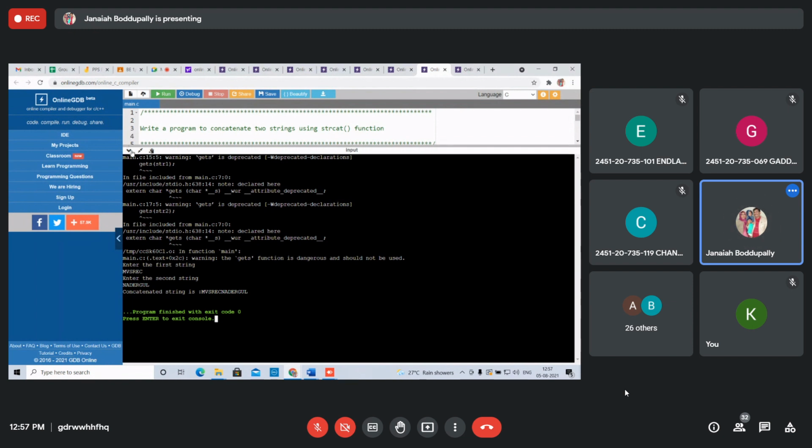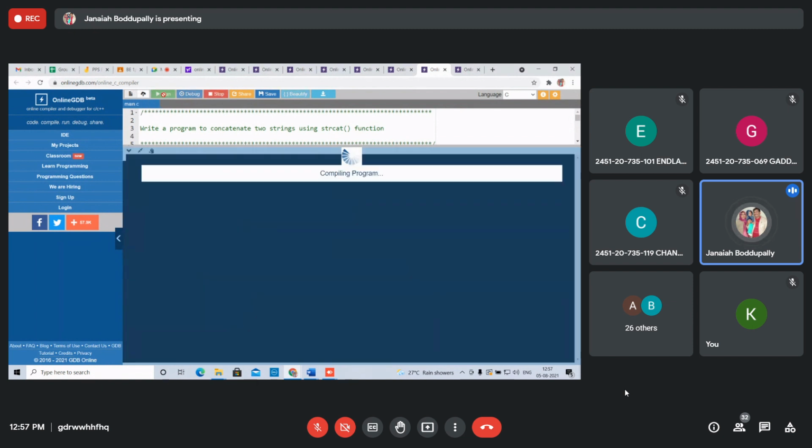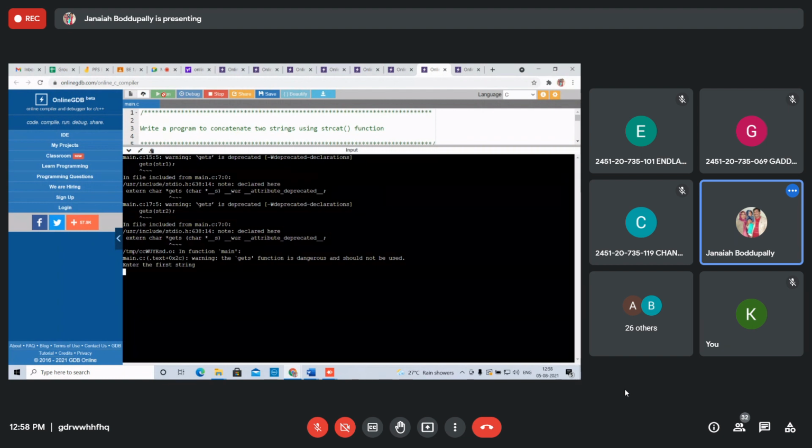If you want to execute one more. Ram is the one, Rahim, one more string. Ram Rahim, that's it, as a single string. That is stored in the first string only. Understood?